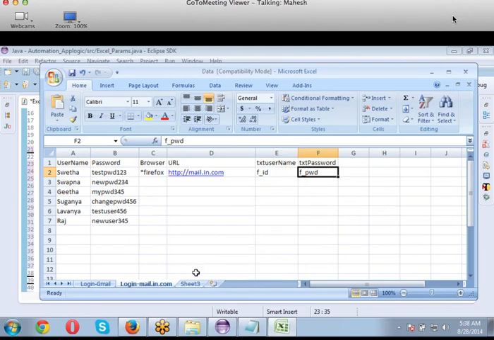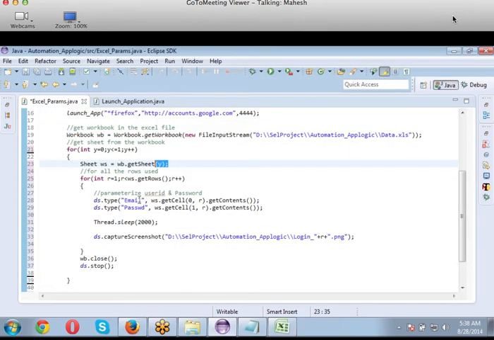Now tell me what is the row and what is the column here. Hang on, I'll tell it for you. See, it's 0, 1, 2, 3, 4. This is the fourth column, first row. Fifth column, first row. Okay? We need to be very precise in this. Now, these are my values, right? Email and password.